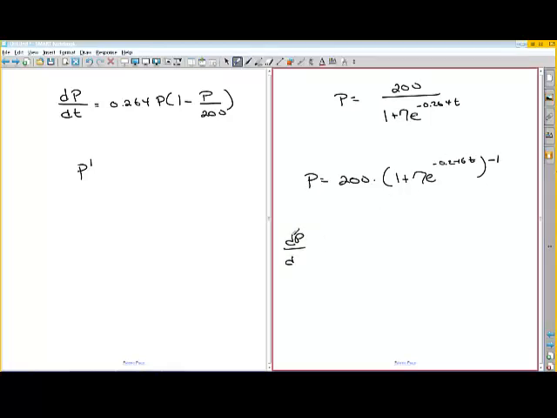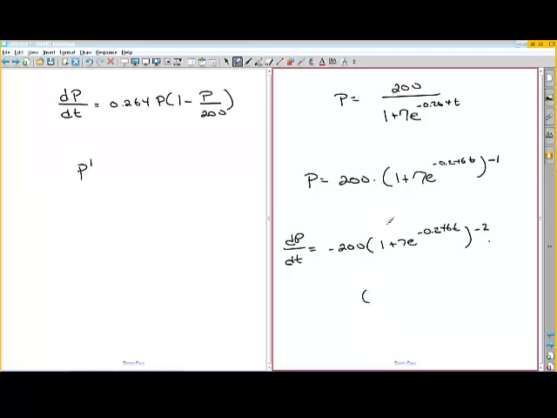When you take the derivative with respect to time, the chain rule says you'll get this exponent times 200, so you get negative 200 times (1 plus 7e to the minus 0.246 t) to the minus 2 power,